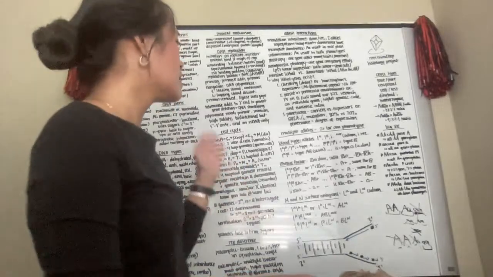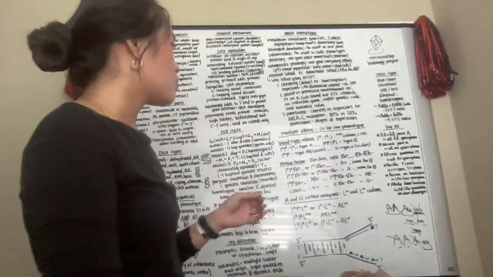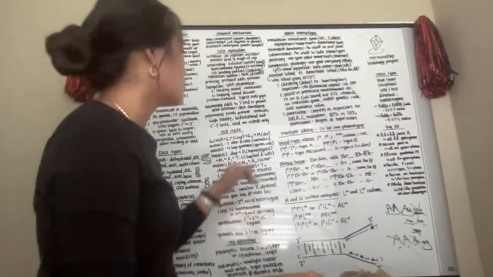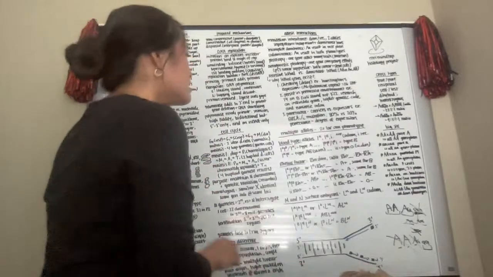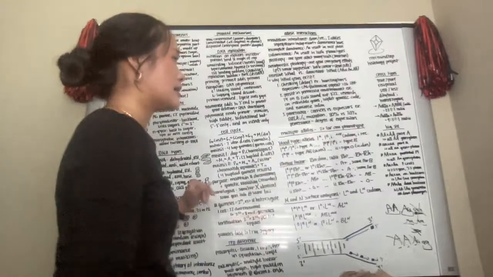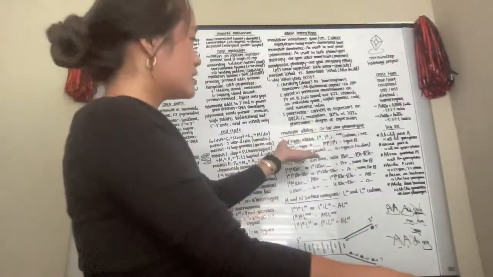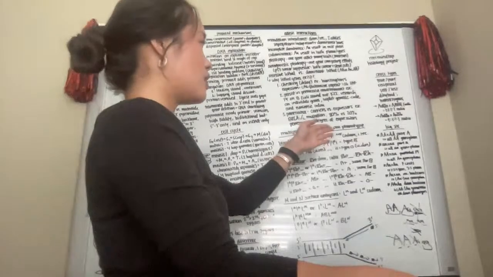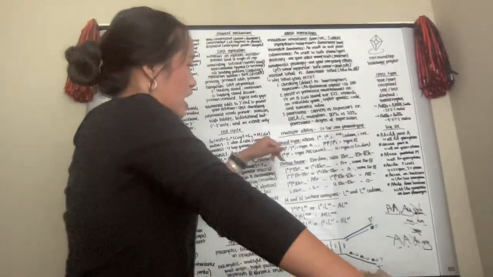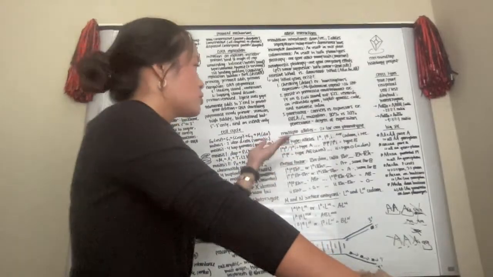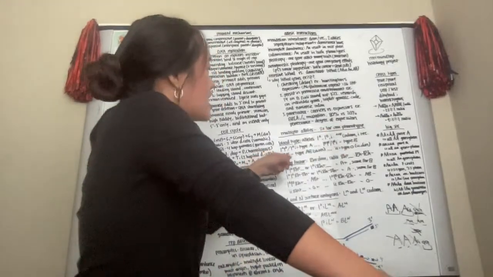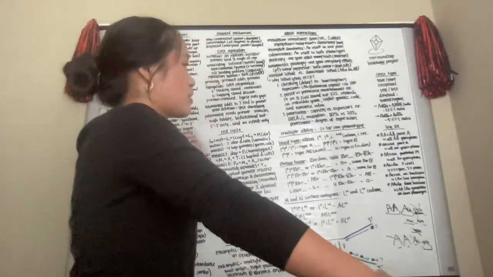The last thing we're going to talk about is multiple alleles, which means there are two or more alleles for one phenotype. A big example of this is blood type. Blood type is defined by three alleles: IA, IB, and lowercase i. IA and IB are codominant, and both are dominant to little i, which is recessive. IA IA or IA i will be type A. Same goes for type B: IB IB or IB i will be type B. IA IB will be type AB, codominant to each other.